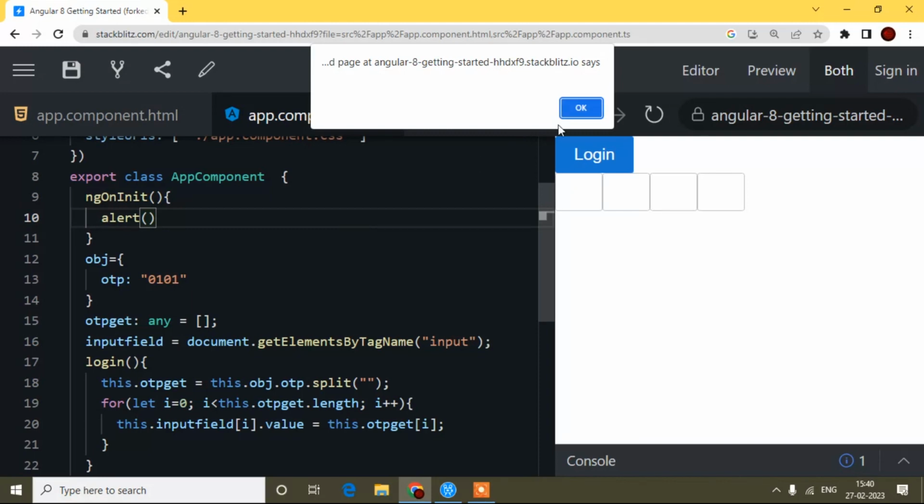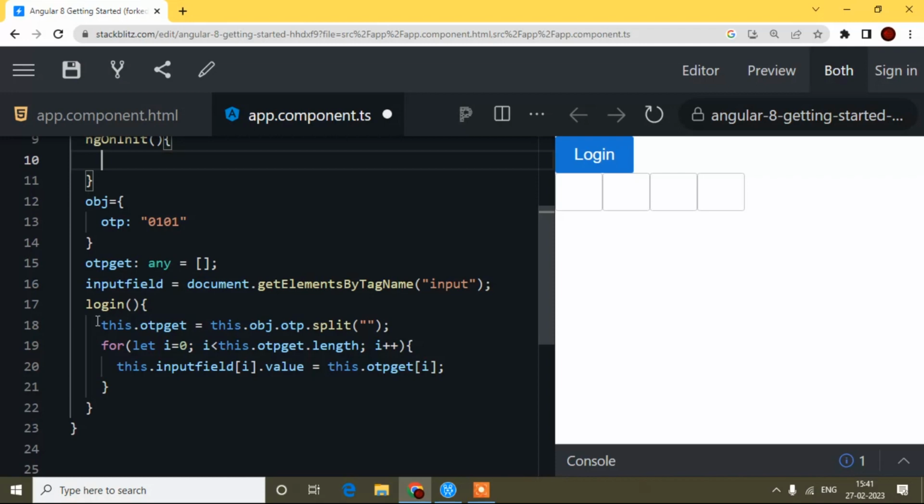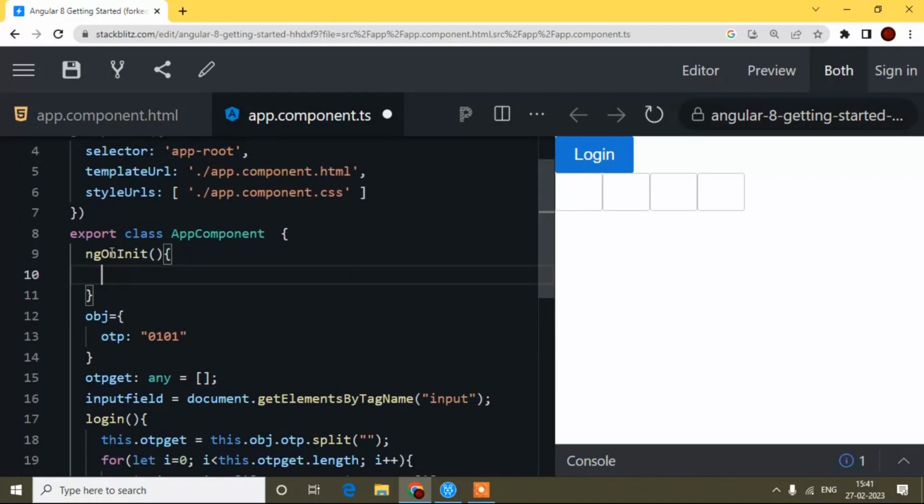If you want details about all lifecycle hooks, you can watch my other tutorial, where I have already covered everything about lifecycle hooks. One video I already uploaded. Now this code I will copy and paste here.